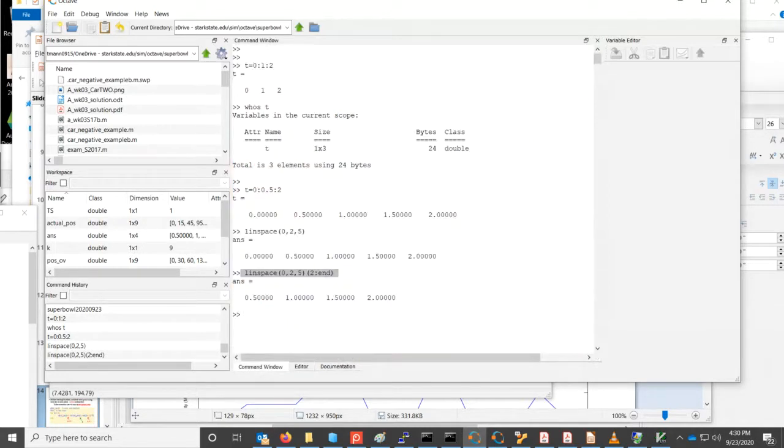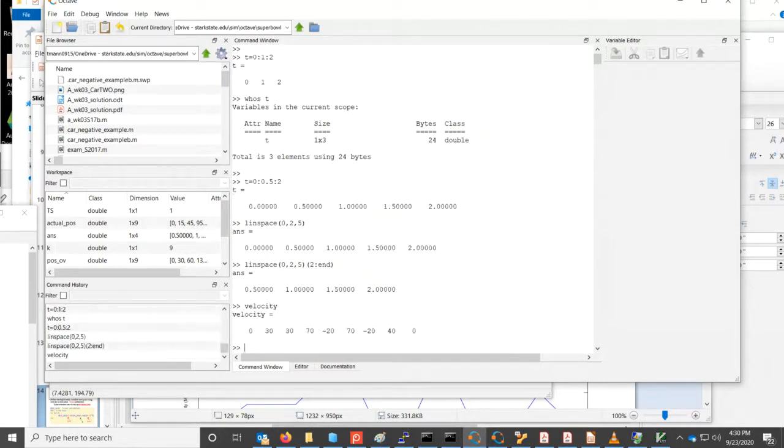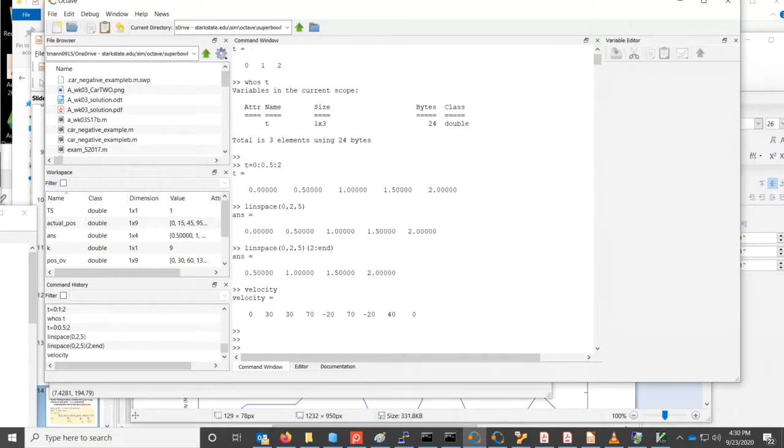Now remember, come back to this. See, we want to go from 0 to our next point, 0 to our next point, but then we want to drop this value. So I'm going to do the 2 to end. But remember, for my velocity, my first 2 points in velocity are 0 to 30. All right, and so I'm going to go linspace